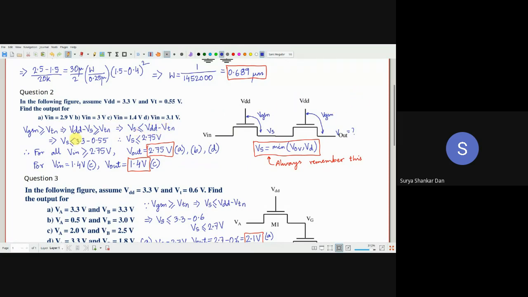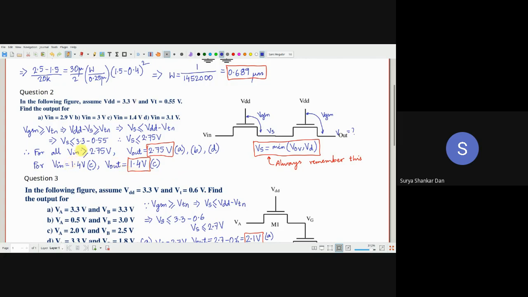while ago. Therefore, VS is less than how much? VDD, 3.3 is given, minus VT. VT is 0.55, that is also given. If we calculate, this will come to 2.75 volts. Okay, remember what is the condition? VS is less or equal to 2.75. So the maximum value of VS you can get is 2.75, not the actual VDD. As I told you, the logic state remains 1, okay, but your logic level is much less than the VDD, depending on the VT. All right.